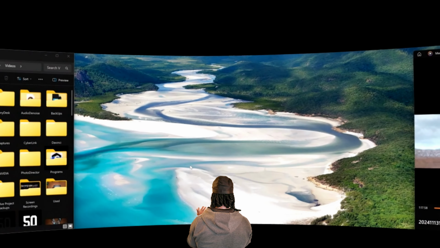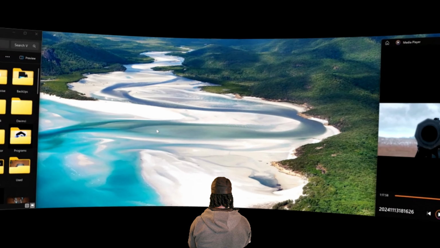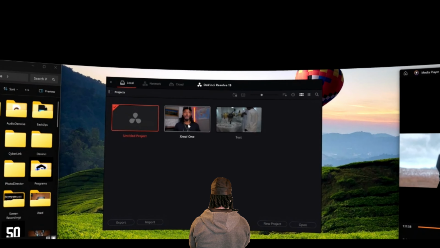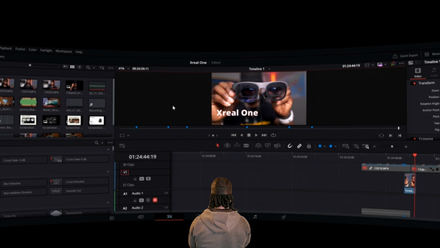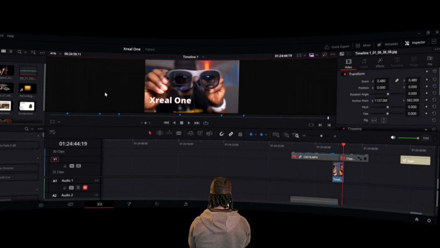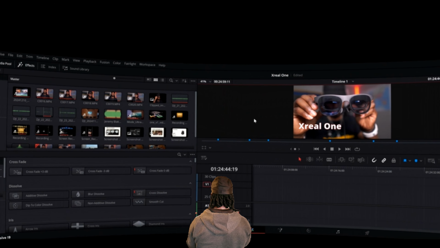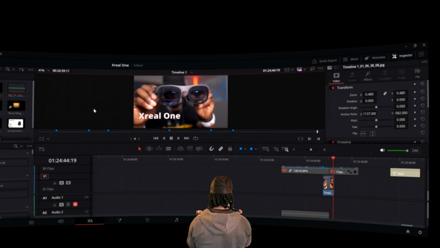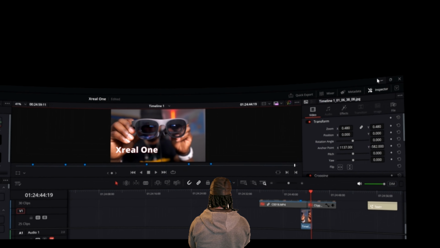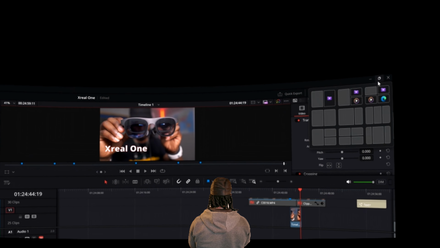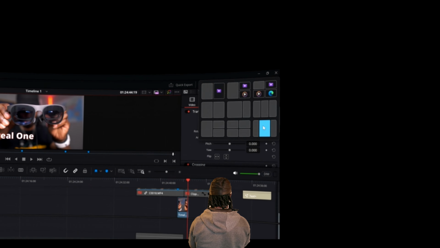Now I can actually go down and open some more apps. So let's do this. Now, one of the things I love about this ultra wide mode is that I can have, for example, here, my entire video editor on the curved display, or I can even change the aspect ratio using this right here. So Windows gives you the option to use this box right here to automatically make it the way you want to. So I'm going to put it right in the middle,